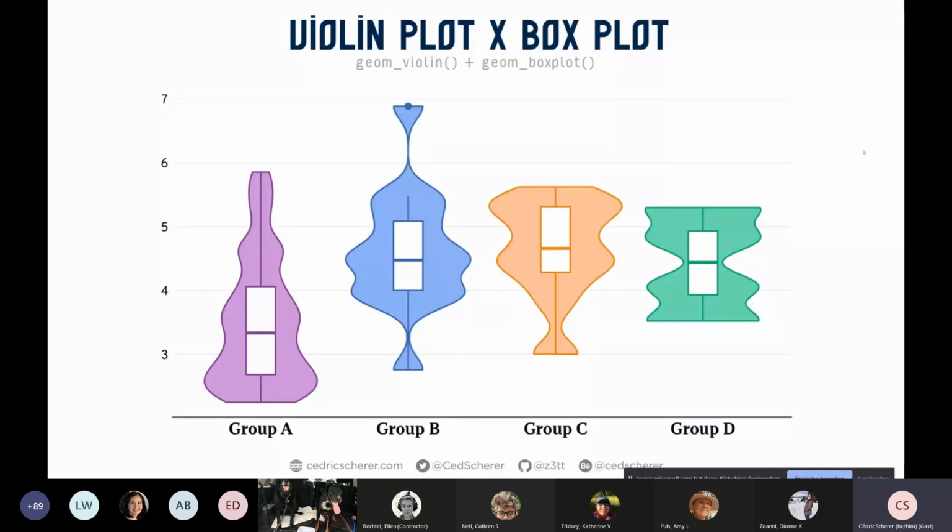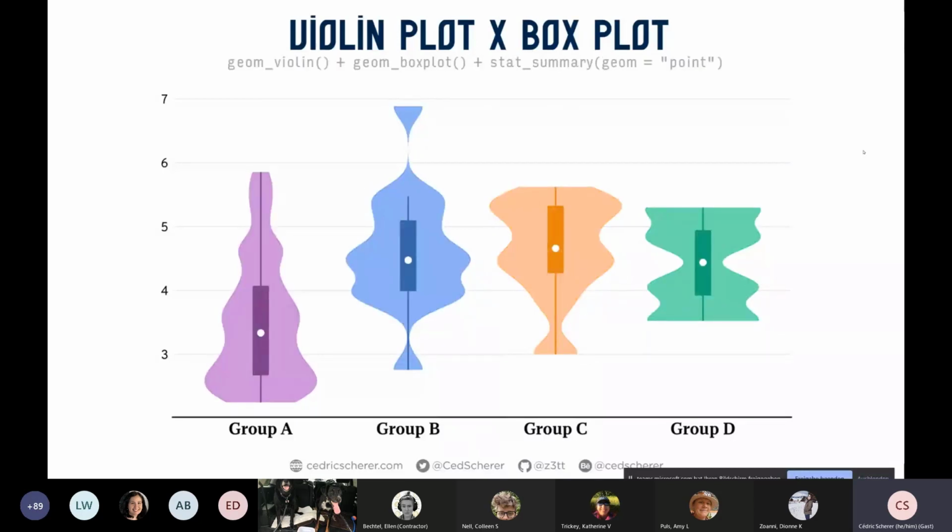Again, I would suggest here to maybe remove the outlier and maybe also the whiskers. Then it would look like this, but this depends what you want to show and what you prefer visually. And you could also style it a bit more. So this is more the classical violin plot. If you Google for it, you will find a lot of violin plots which look like these.